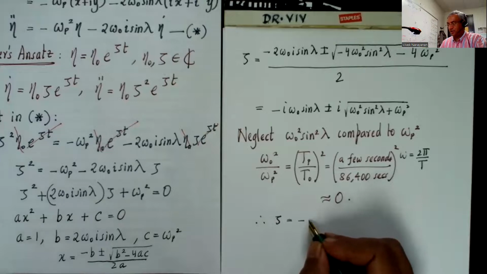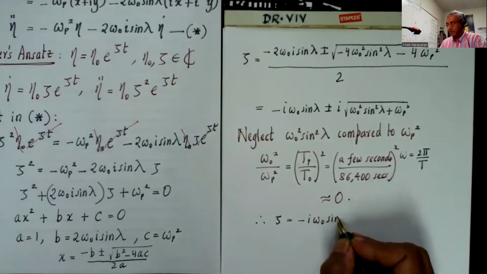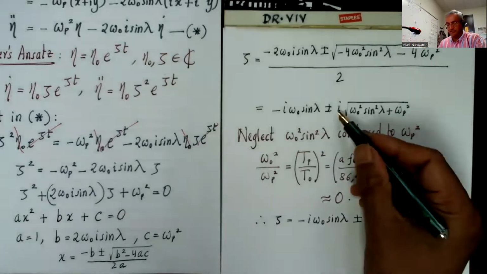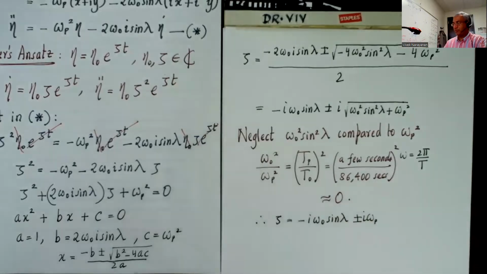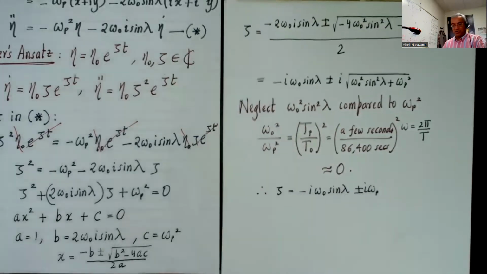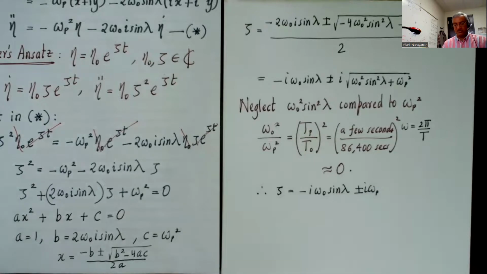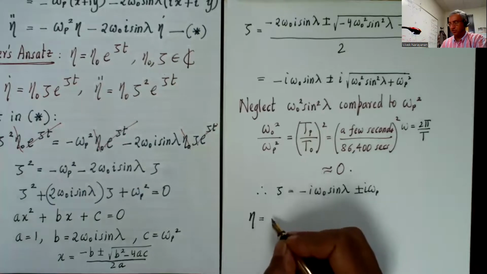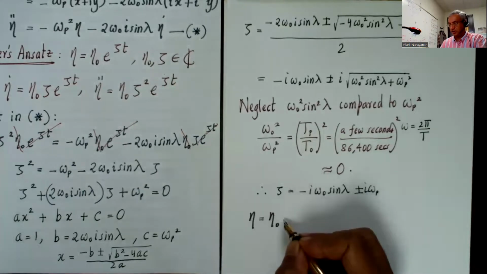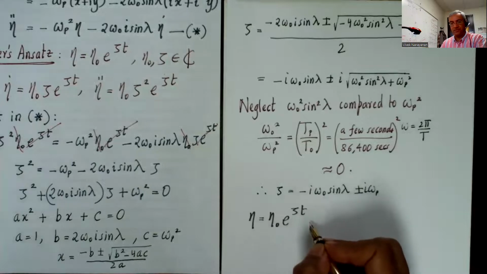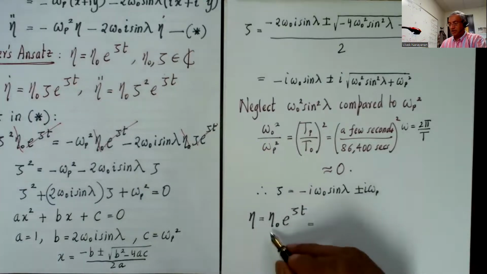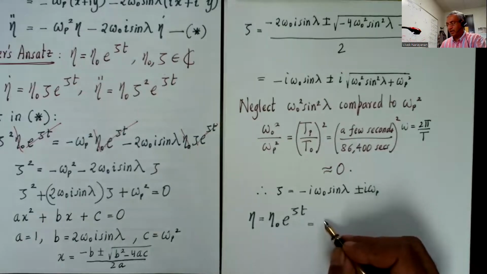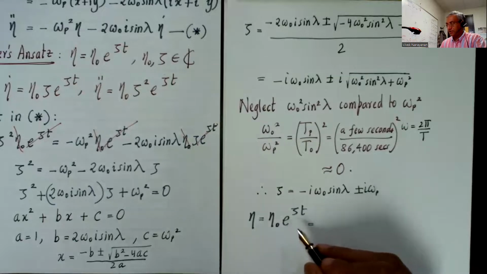Zeta is negative i omega naught sine lambda plus or minus i omega p. So we can go back to our solution to the Euler ansatz. The Euler ansatz is this answer to our problem. Eta is eta naught e to the zeta t. So now I can write eta naught e to the zeta t as follows. E to the zeta t,